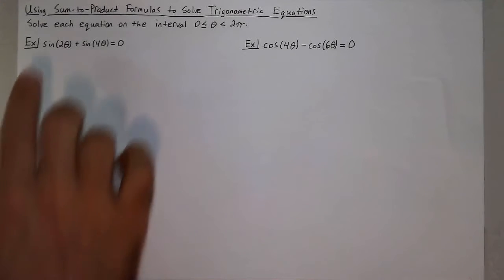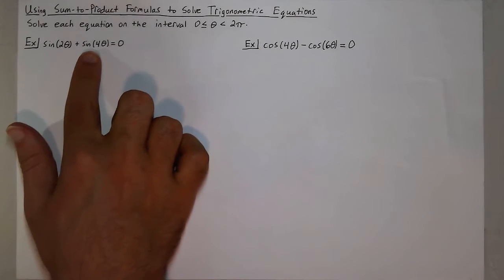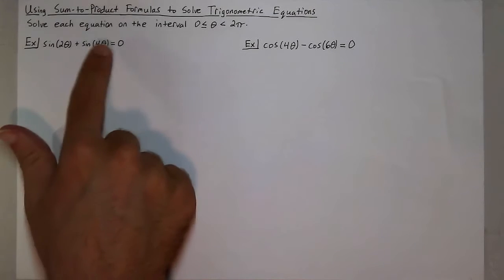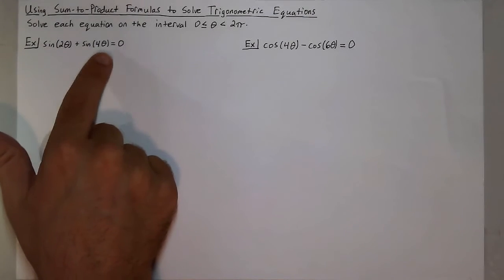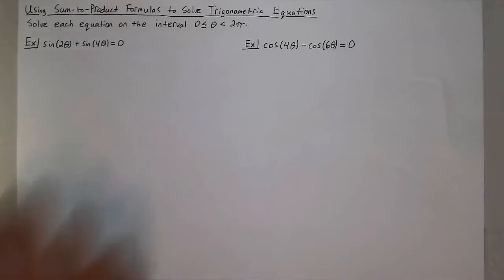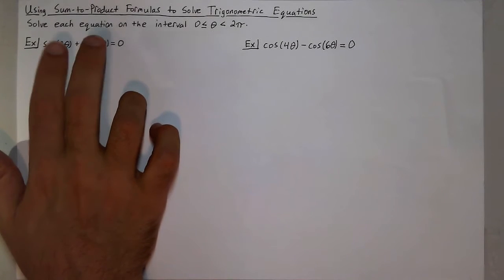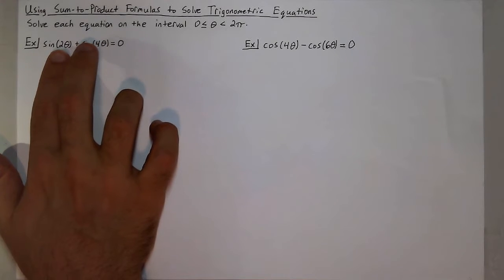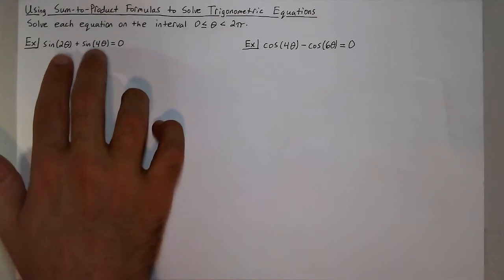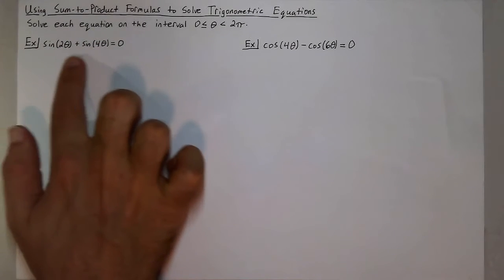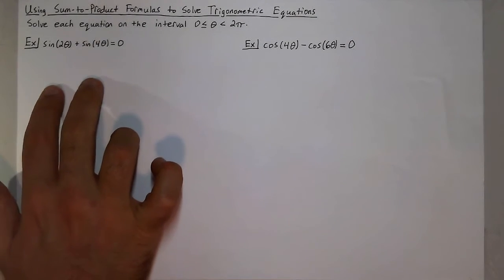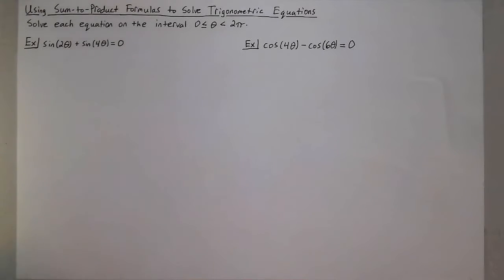So we'll start here with sine of 2 theta plus sine of 4 theta, which can't necessarily factor because the angles on the inside are two different angles. So they don't have that common inside angle. But I do know a sum to product formula I can use for the sine of an angle plus the sine of an angle. And what's nice with this becoming a product is that it's equal to 0. So if you have a product of two functions, you can set each function equal to 0 because of the